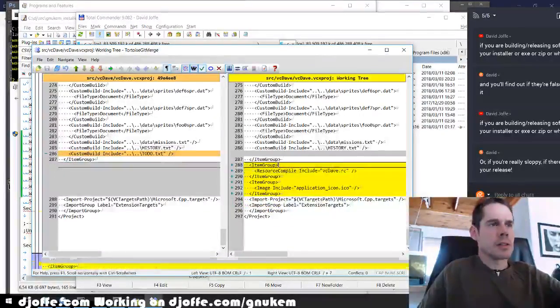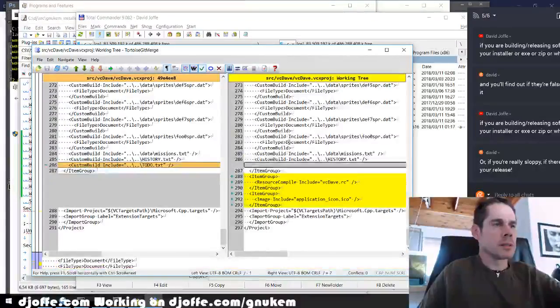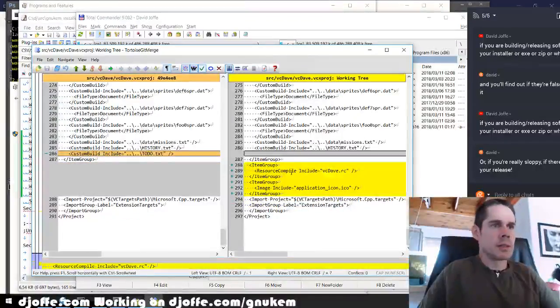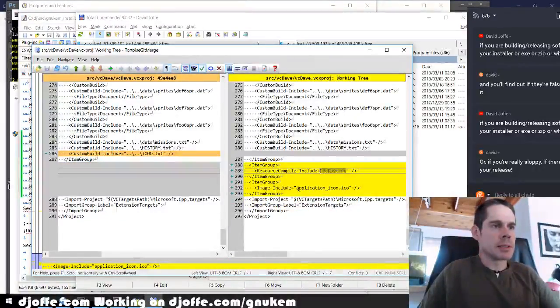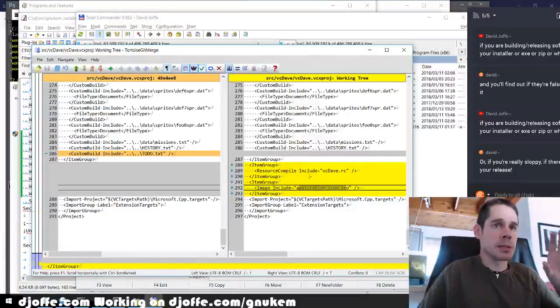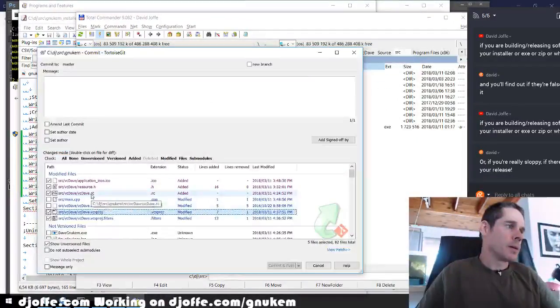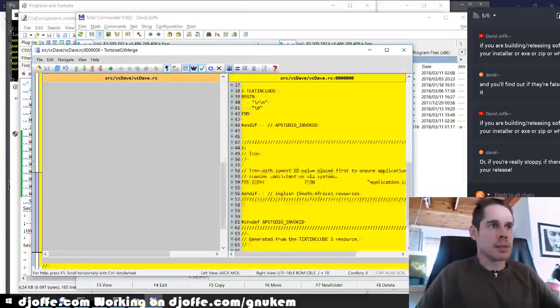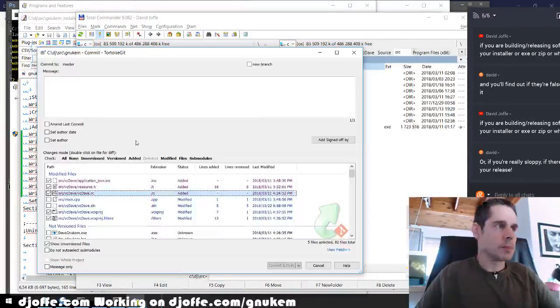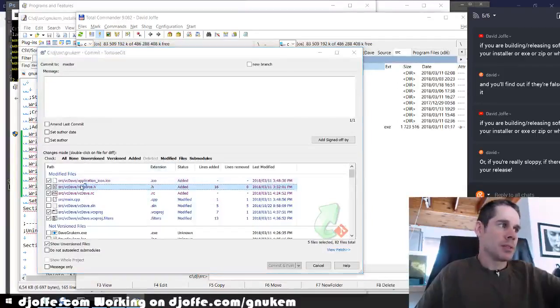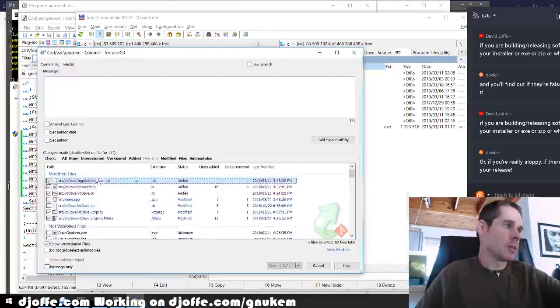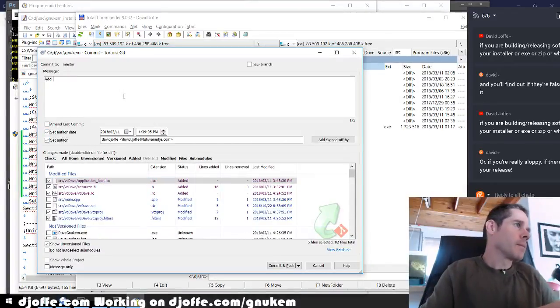That RC file, resource compile, Visual Studio thing that compiles this and this into, and these are then bundled as resources into the Windows exe format. You know, you can have an icon or other types of things bundled inside. I don't want to use it a lot because it's a cross-platform application, so I don't want to use it for all sorts of things. But I just want to use it to add the icon. Add icon to